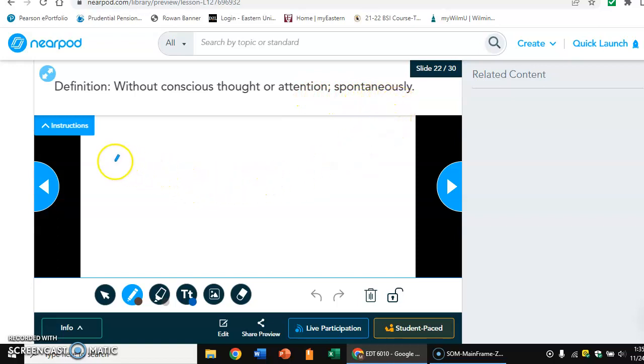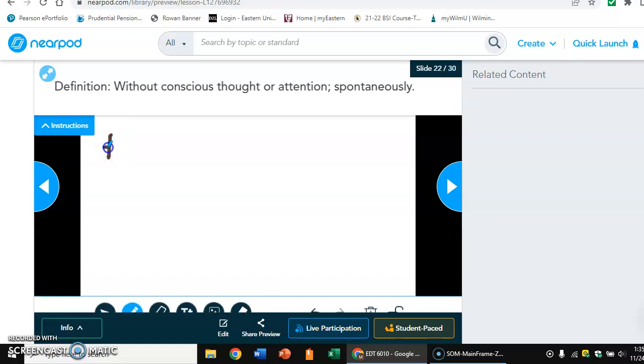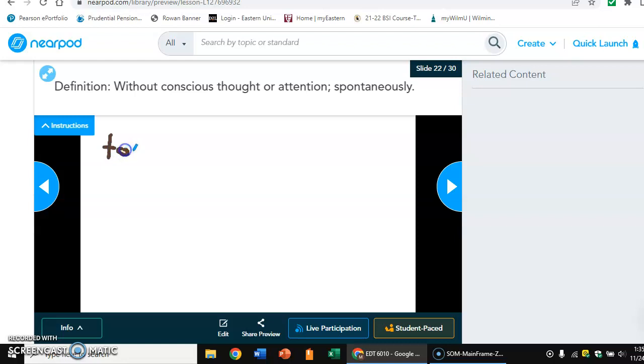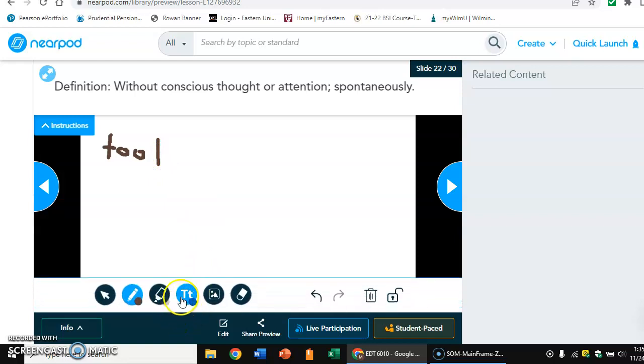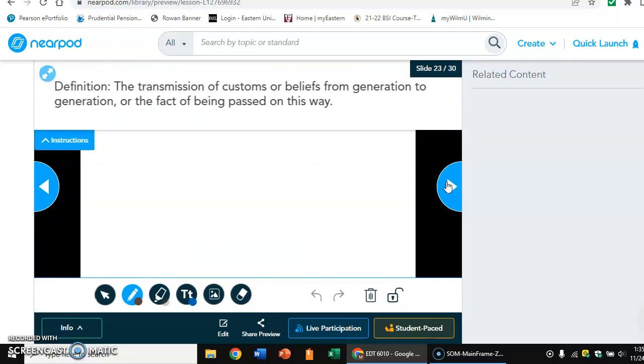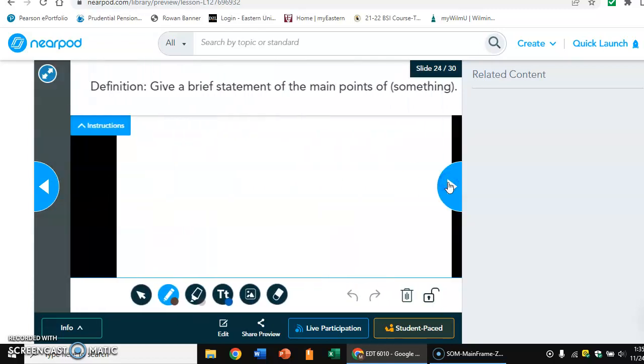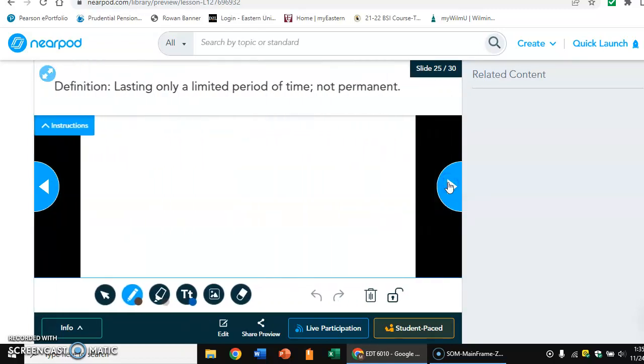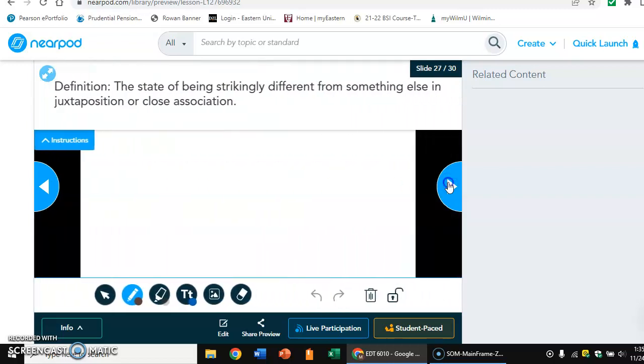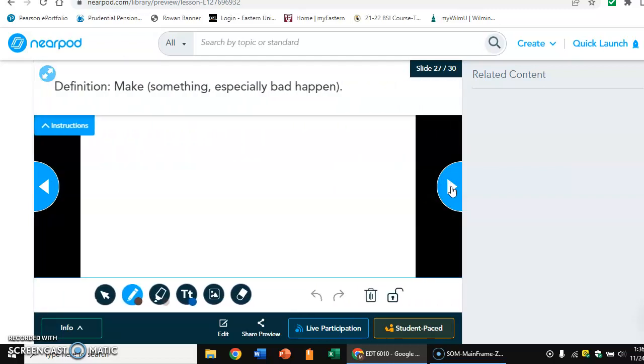You can either use the writing tool, so you could write, this obviously isn't the answer, but what you could do is you could write the writing tool, or you can use the text feature. Either or would suffice. And you're going to do that for each of your vocabulary words. And as they go on, you're going to